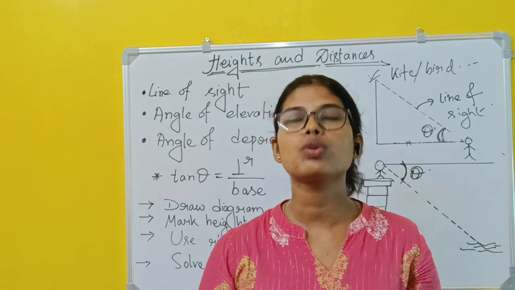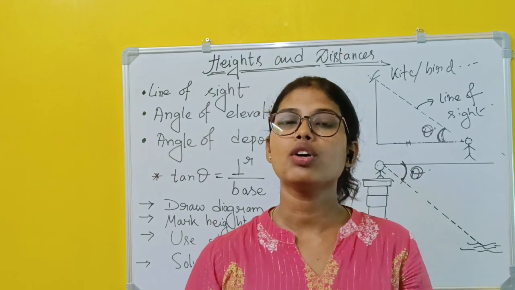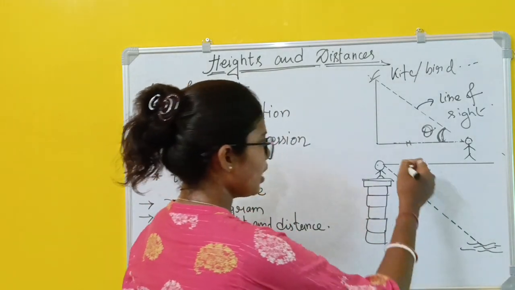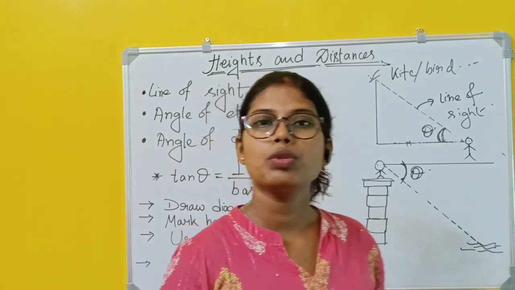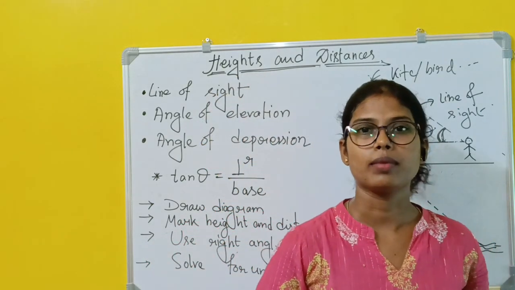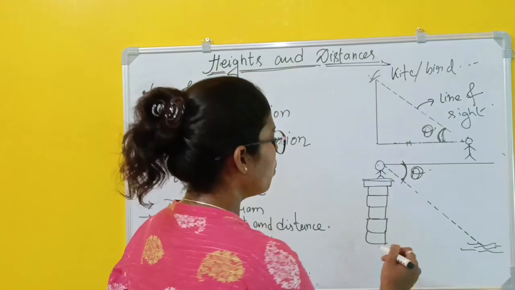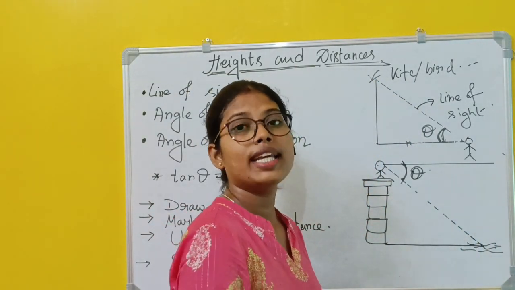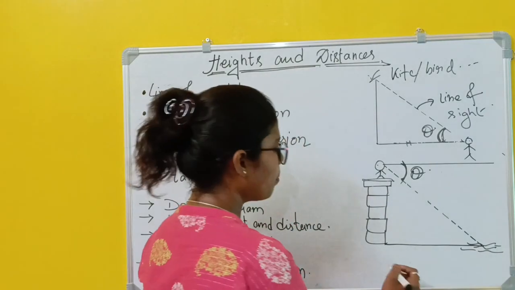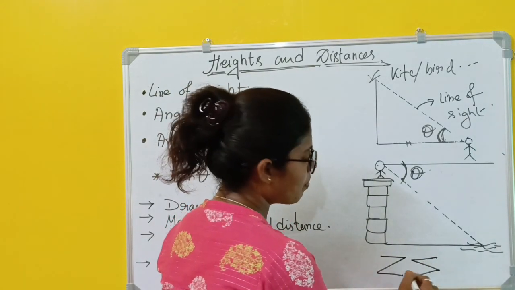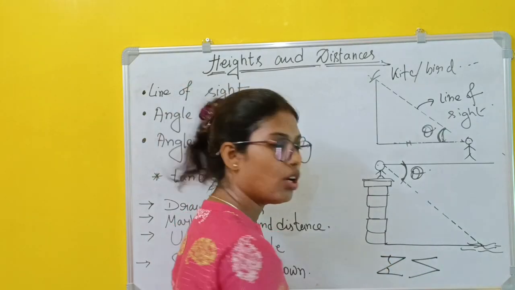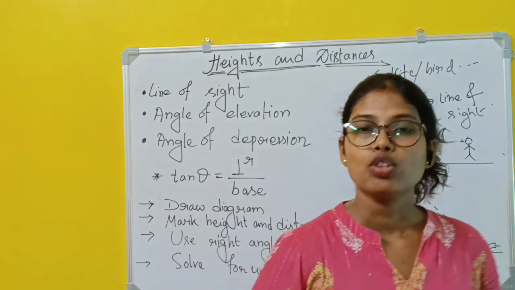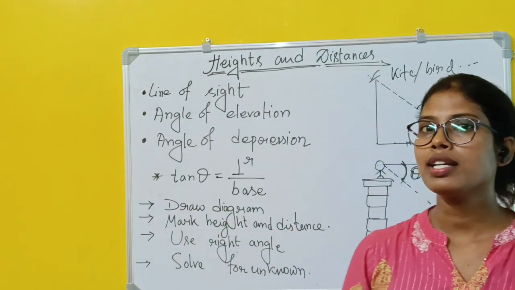Whenever the person is looking upward, that is called the angle of elevation, the angle formed. Okay, now here is theta. Whenever we do the sums of height and distance, we will not take the angle theta. What we will take in case of alternate angle, that is whenever this or this type of shape is formed, then this and this angle are called alternate angles. Again this and this angle are called alternate angles. The measures of alternate angles are always equal.